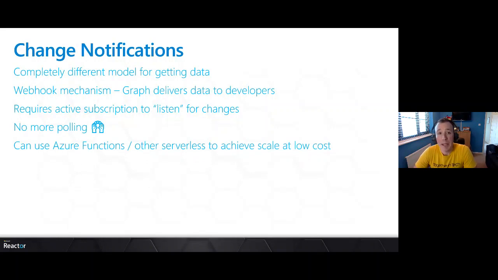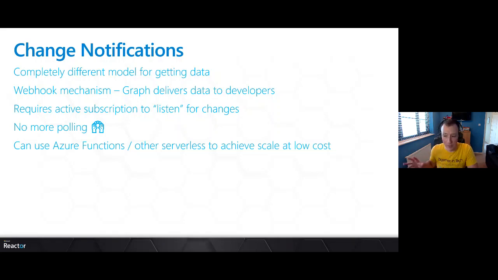Okay, there is something completely different that you can do to avoid polling, and that's change notifications. This is not you calling gets on Graph to figure out what's changed. This is you subscribing to changes and Graph telling you proactively every time something changes. It's a much nicer development model, I think, because as a developer, I don't have to deal with continual polling. I don't have to deal with deduplication. I can just react in a very event-driven way to Graph telling me when stuff changes.